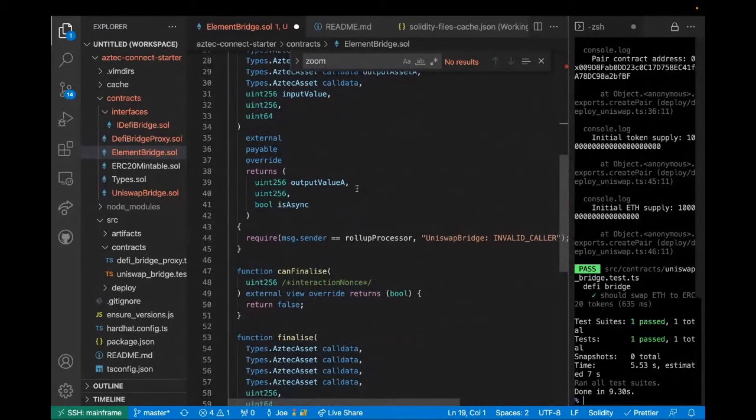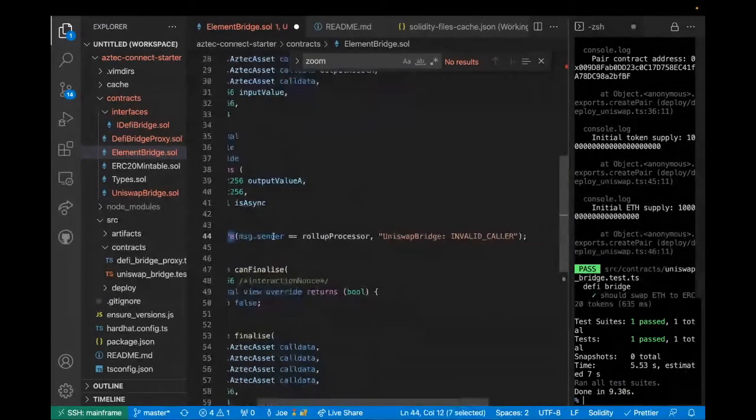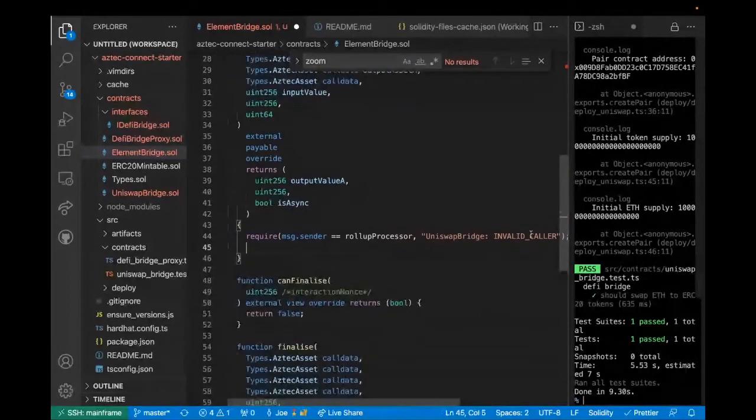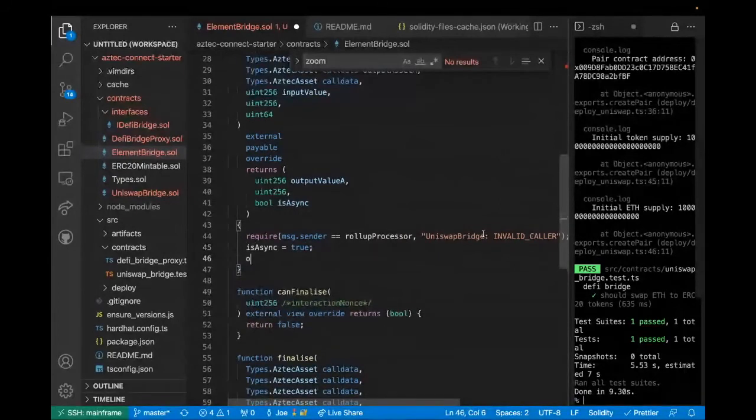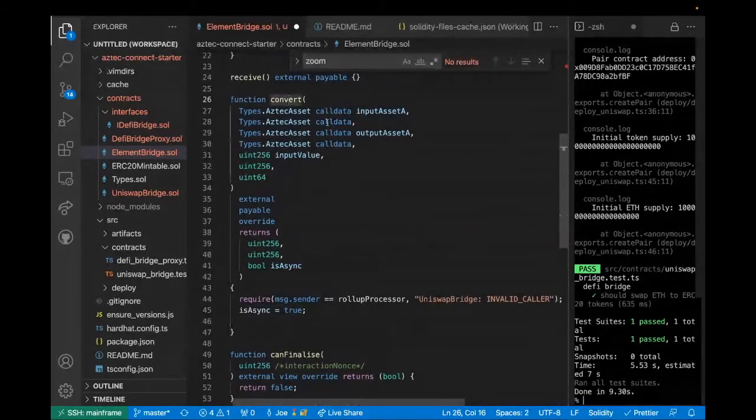I guess the first thing that's going to change from the Uniswap interaction is async is going to be true. So the first thing we want to set is async true, which means that we don't need to define this, and those are both effectively 0. What this means is when your bridge contract is called, convert is going to be called, you're going to receive input assets on behalf of all of the users who decided to do this bridge interaction on Aztec,